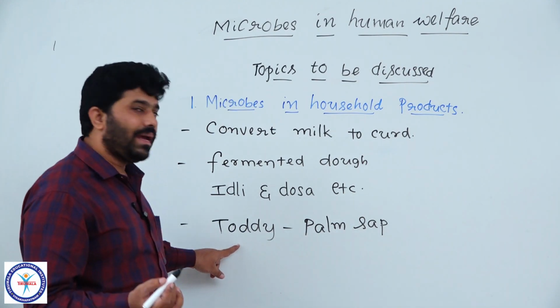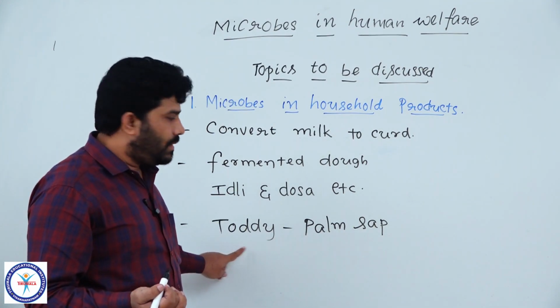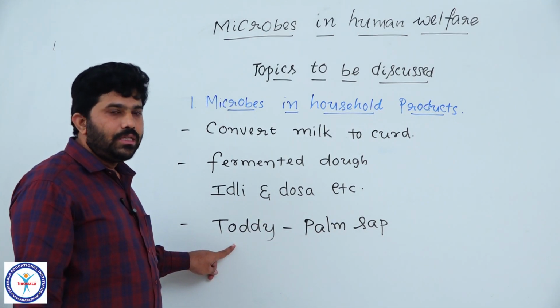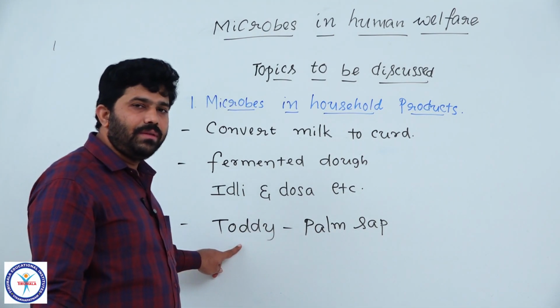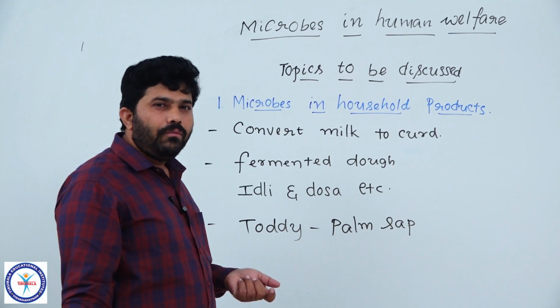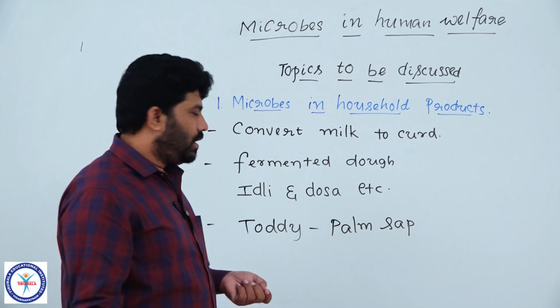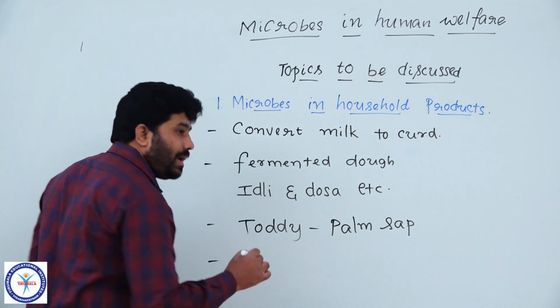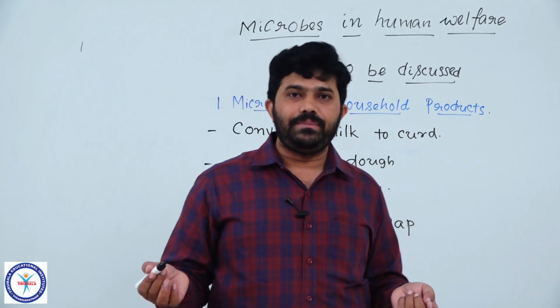From those they collect some liquid, which we call palm sap, and generally call toddy. In toddy, we observe that some bacteria play a pivotal role to ferment the toddy and give taste, understood? So that is in the preparation of toddy,